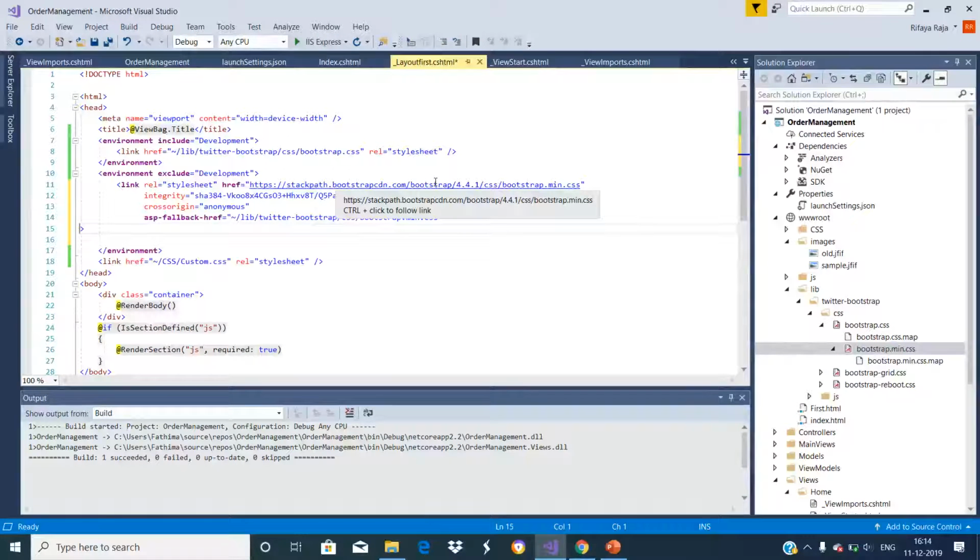In order to check whether the CDN is down or not, we have to use 3 more attributes.